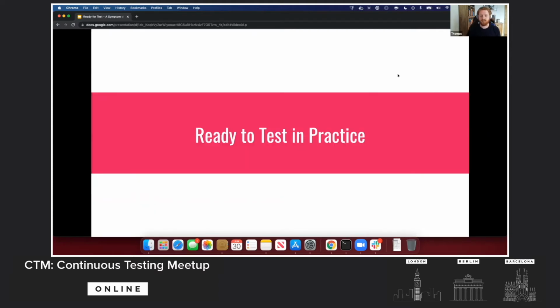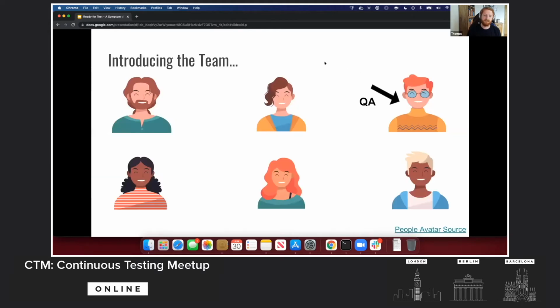And in my experience, ready for test does come with some significant flaws, which I'd like to show you in this example. So here's my team. This team is a typical Agile team made up of all the different roles you might expect. You have a delivery lead, a BA, some developers, maybe a designer, and you have a QA. And this team only has one QA. That's fairly typical in Agile teams. We don't tend to have these massive QA teams with multiple people. It tends to be a small section of the team that's outnumbered.